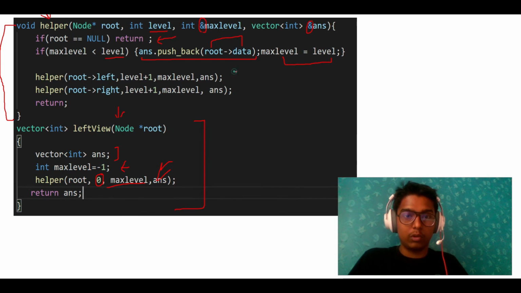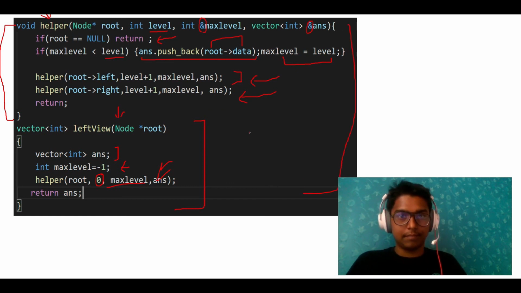That's why I'm going to left first. So here I am calling the recursion for left, for going to the left of the tree, and here for the right of the tree. And this is our program of the left view of a tree, right?